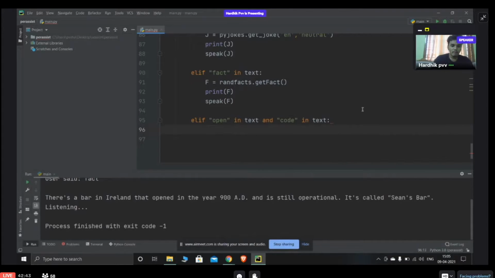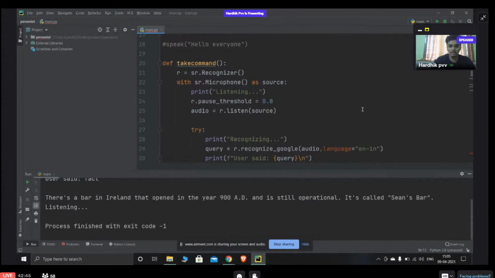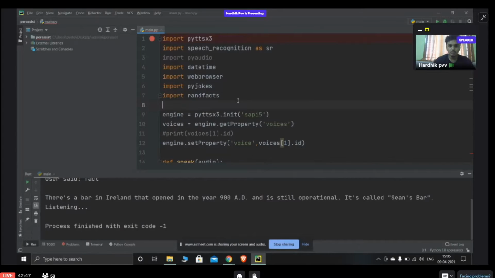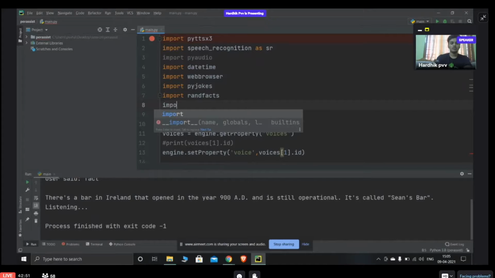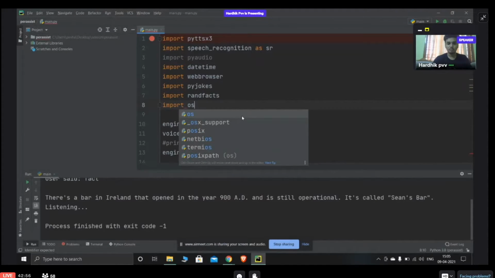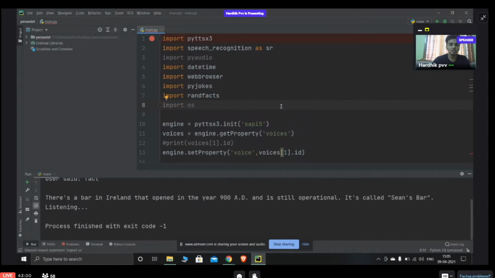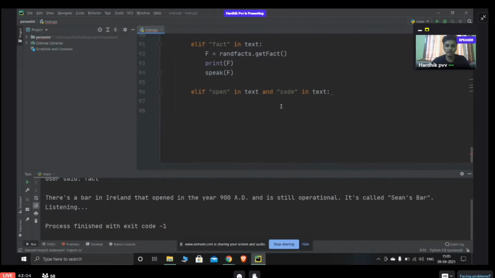So for this, to open any application using your laptop, there is a module called import os. It's pre-built, so there is no need to install it from somewhere in the terminal. It will be inbuilt while you install Python itself. So once you say import os, it works. Now that path which I was talking about before, the path for each and every particular